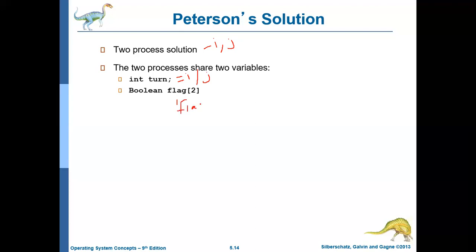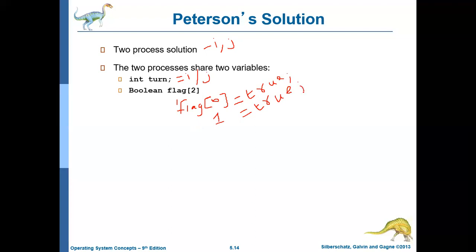So we have the two locations in the array, flag of 0 and flag of 1. Flag of 0 will be true if the ith process wants to enter the critical section right now. Similarly, flag of 1 will be true if the jth process wants to enter the critical section at this particular time. So here, in the solution proposed in Peterson's algorithm,